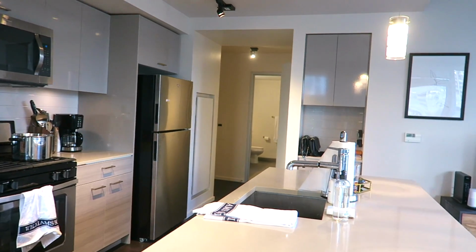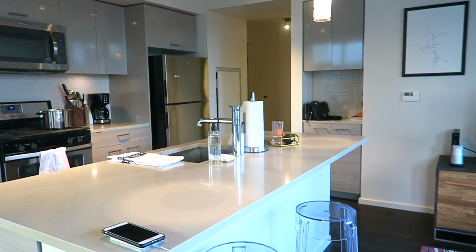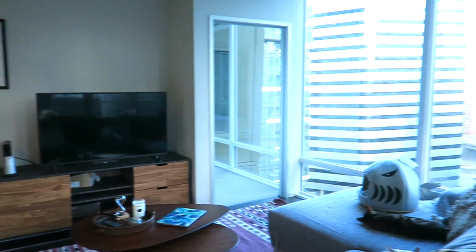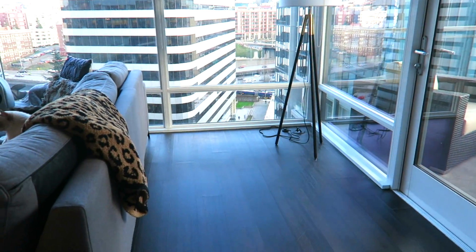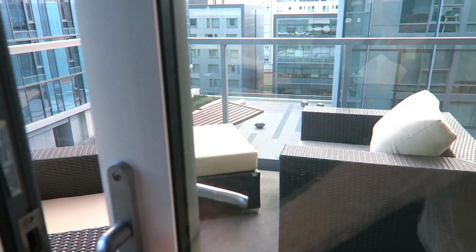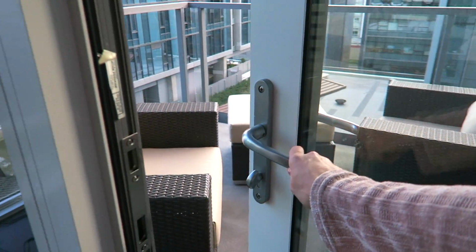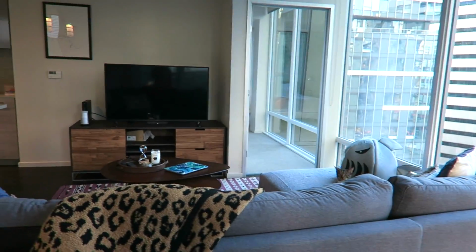I love how open plan the kitchen is and the way there's this big island, so if I have people over, it's nice to just be able to see them and talk to them while I cook, and it's also pretty nice for my what I eat in a day videos as well. What's a bit funny is that then there's a giant kind of empty area here where there's no furniture, but it's sort of nice and flow through in that then you have this really gorgeous little patio with comfy furniture, so it's just a nice feature of the unit that you get to have that time outside when it's a nice day. Sitting out there with a glass of wine is pretty glorious, even though it's not actually spring or